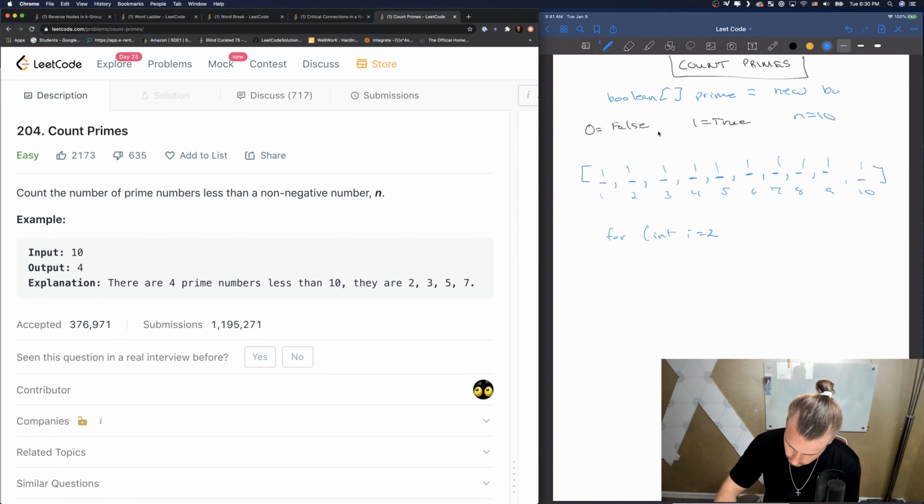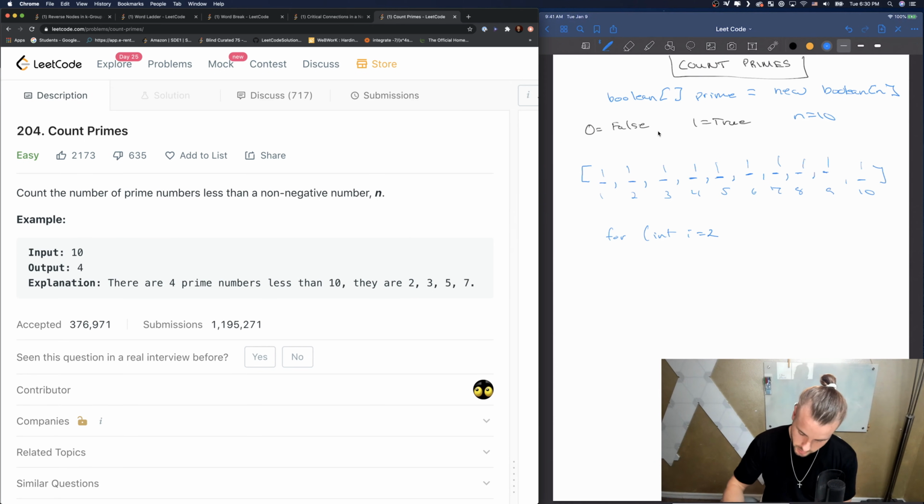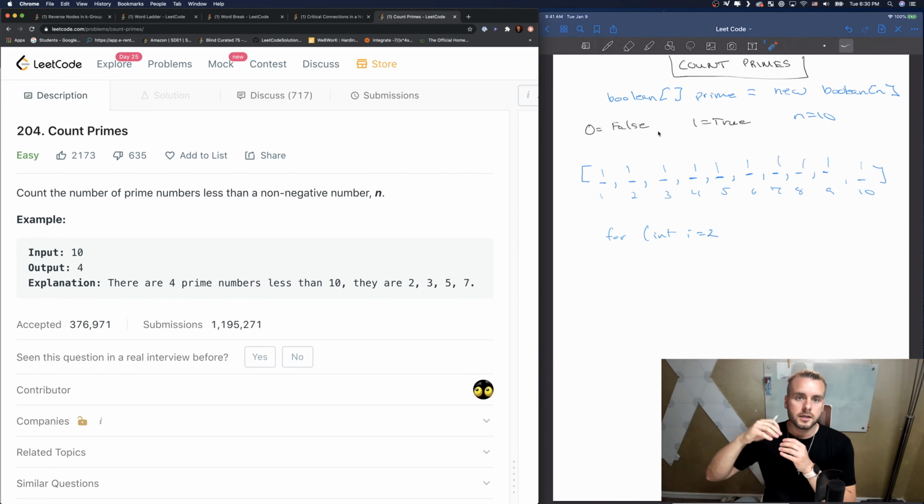So we're just doing new boolean, and so that's our array. Then we're just going to fill it with all true, and then we're going to check the numbers. We're going to loop through all the numbers and see if we can get that number by multiplying 2 numbers. Then we're going to change it to false. For example, we'll see that 4 is not prime, so we'll just change it to false, and then we'll keep a running count of, well, actually, since we're changing it from true to false, we're going to have a count,